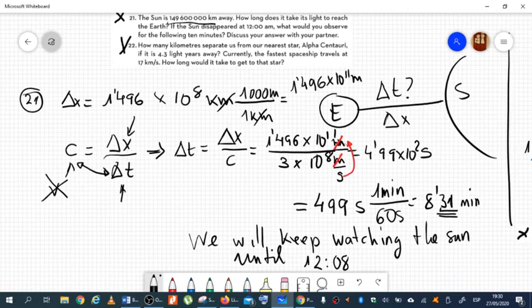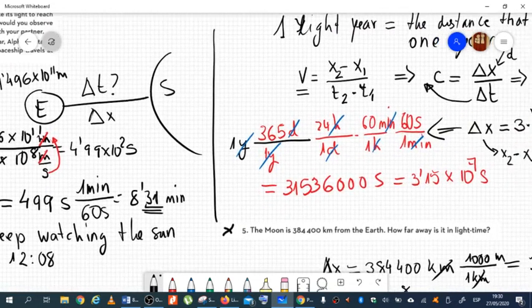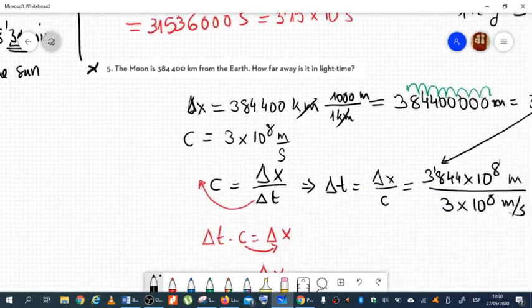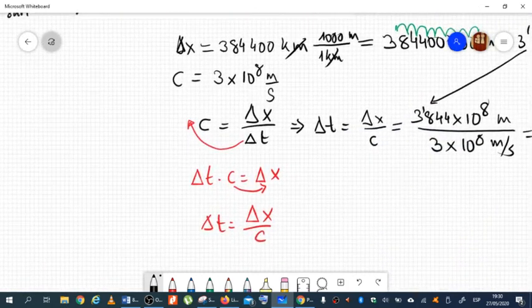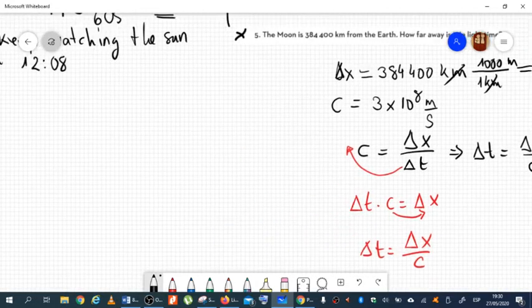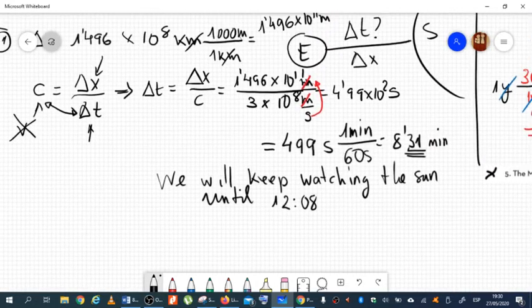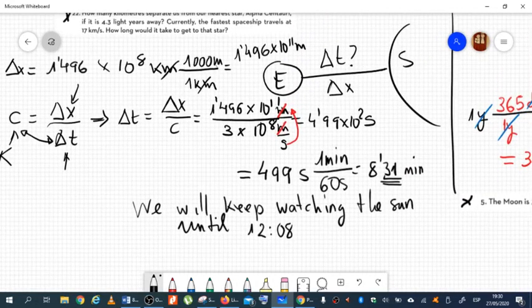Luego pongo la fórmula de la velocidad, distancia entre tiempo. Despejo el tiempo, que es cambiando la c por incremento y el tiempo, ¿vale? Los cambio. Bueno, lo había hecho antes. ¿Dónde lo hice? Aquí, mirad, os lo expliqué aquí anteriormente, por pasos, ¿no? Pero como siempre es lo mismo, pues directamente lo he hecho, los he cambiado, ¿vale? Entonces ahora tenemos la distancia aquí, la velocidad aquí, la distancia va en metros, la velocidad en metros por segundo,